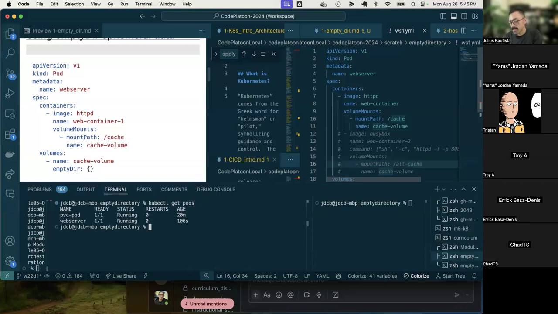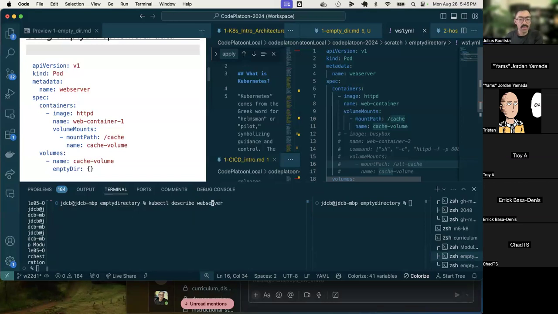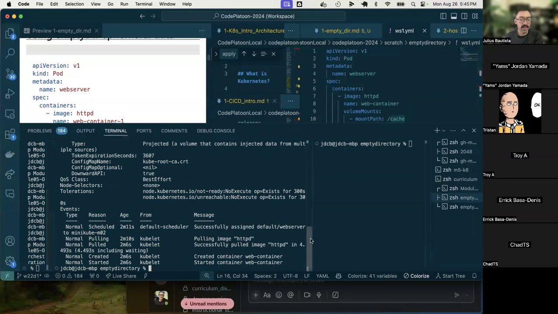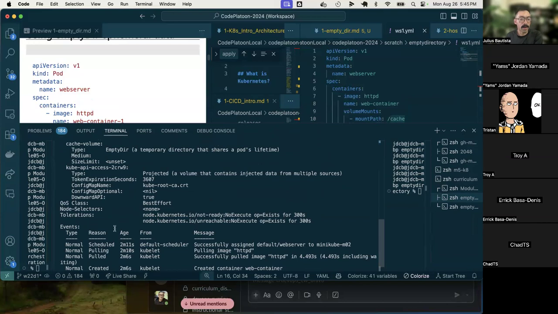Web server, right? So kubectl describe web server. Whoops, I do not want to spell that out. Do not want a double L. And I don't have a resource named web server, probably because I didn't specify pod. So now that I specified pod and I don't have any more typos, we have the details on our pod,